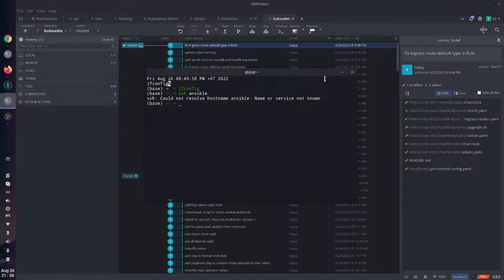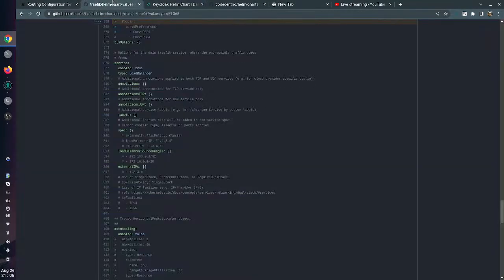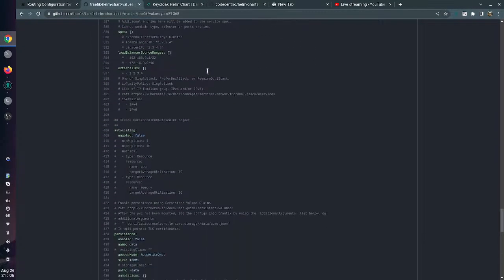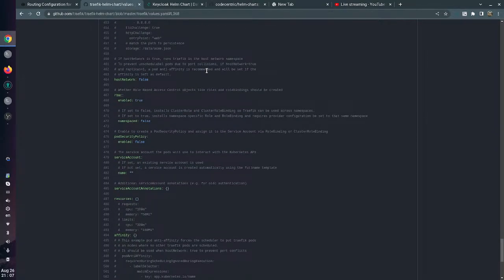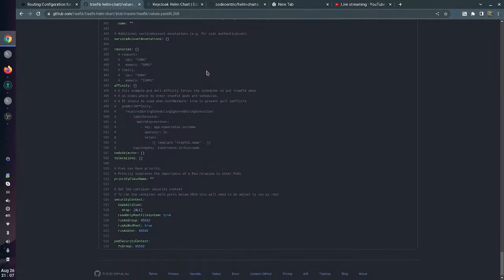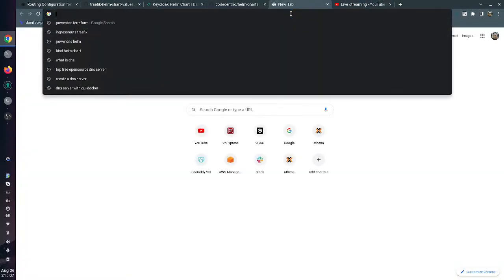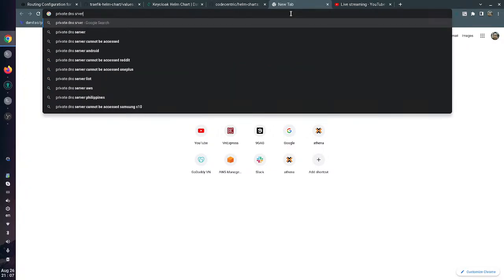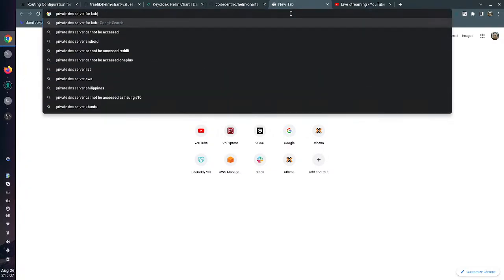Anyways, I really want to install Keycloak and I really want to install VPN. The idea of VPN is that it allows me to connect to private DNS servers. So for private DNS servers, for Kubernetes,